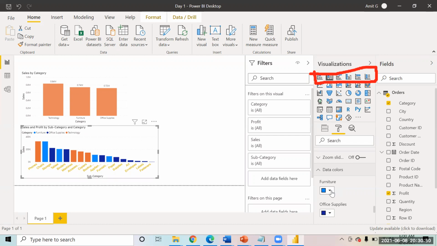So whenever you start working on any Power BI reports or dashboards, you should ask for the color templates beforehand from the client, or go to the website of the client and see what kind of colors they have used there and try to use similar colors on your report as well.